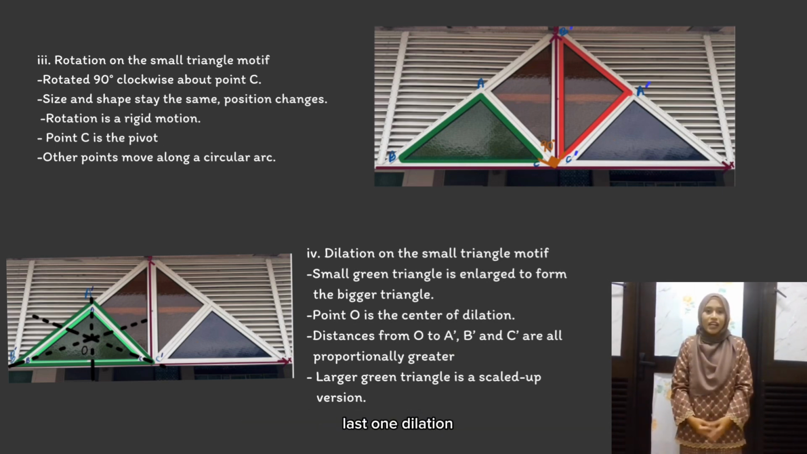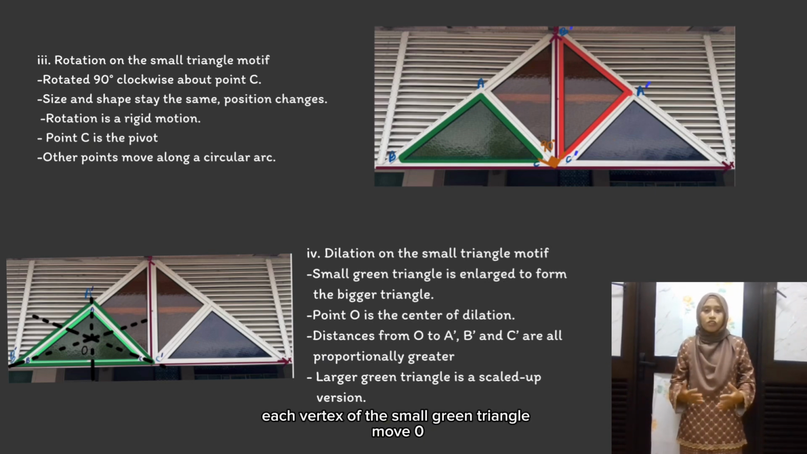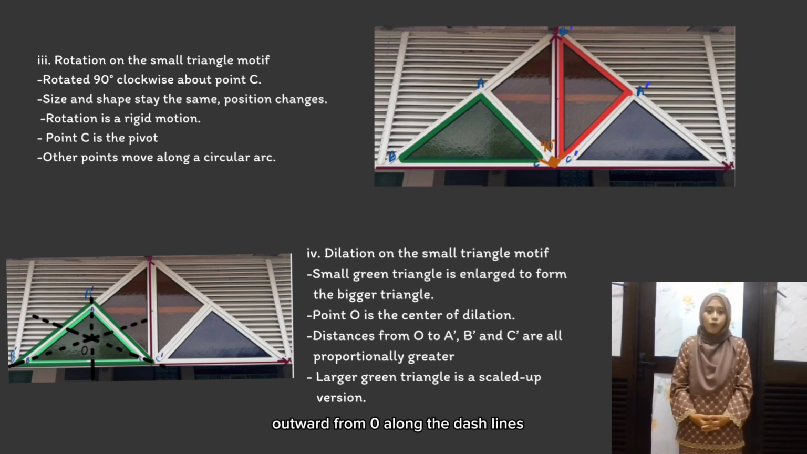Last one, dilation. The image shows the geometric dilation, in which the small green triangle is enlarged to form the bigger triangle. The point O is the center of dilation. Each vertex of the small green triangle moves outward from O along the dashed lines, creating the corresponding vertices on